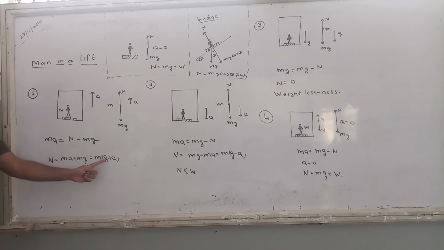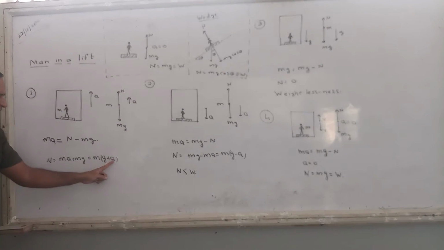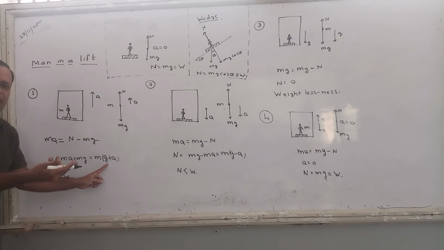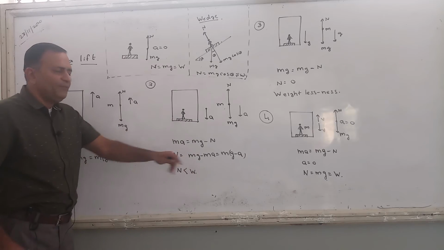Right? Now the weight of a person is only m into g. यहाँ पे acceleration is becoming a little more. This number increases. Actual weight is m into g. But when you add a to this g, the number will increase. That means the apparent weight of a person, the normal reaction force, is greater than its actual weight. How much will that apparent weight be? Apparent weight will be m into (g plus a), and this is more than the actual weight of the person. Case number 1. Case number 2 पे आओ अभी.